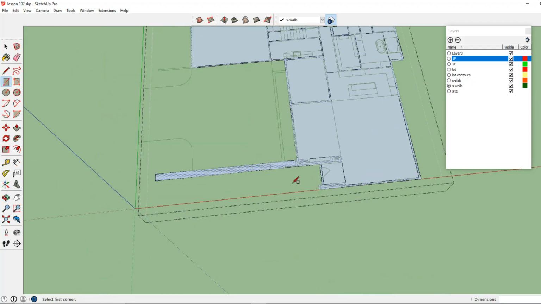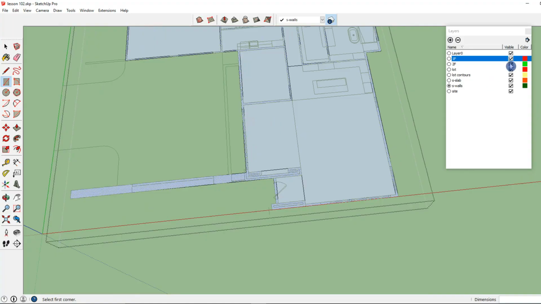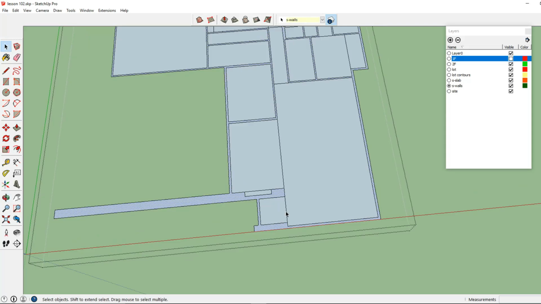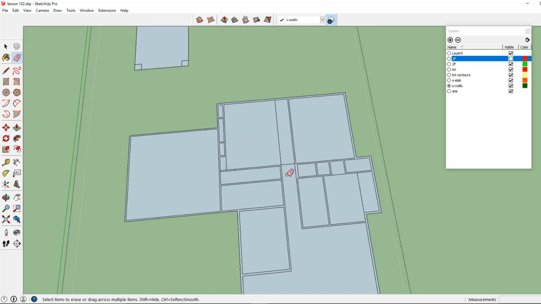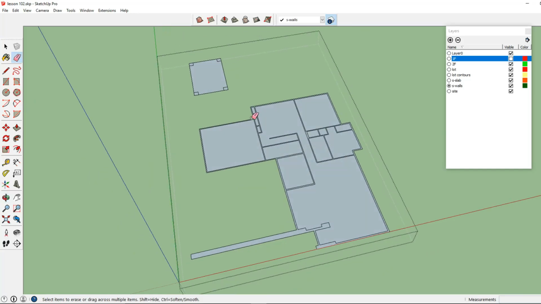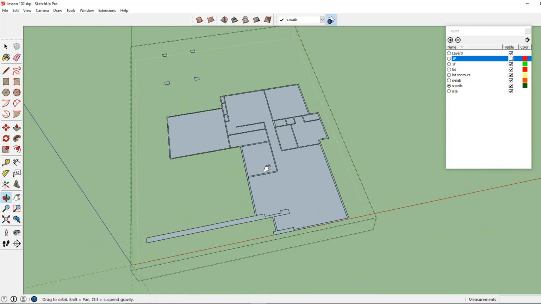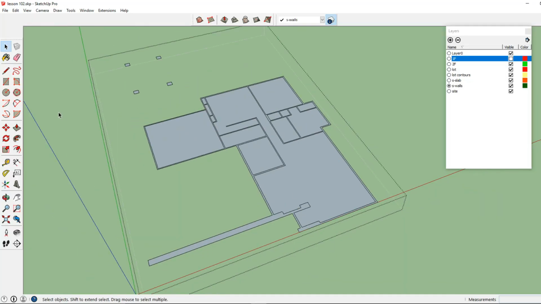Okay, now let's go ahead and shut off our 1F layer and take a look at some of the things we need to clean up. Let's go ahead and use the erase tool, and we'll select some of these lines to erase. And I'm going to go ahead and erase this slab here. Okay. There I have the walls that I want to use for my first floor,